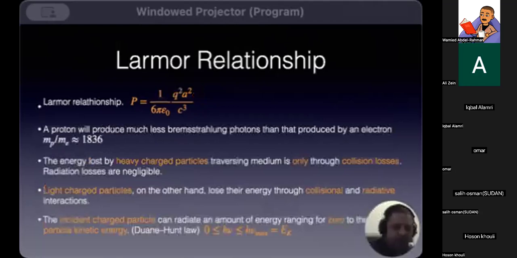Okay, so again, the Larmor relationship. A proton will produce much less Bremsstrahlung photons than that produced by an electron. M_p divided by M_e is about 2000. Also, another application that comes into my mind, for those who are in radiotherapy,